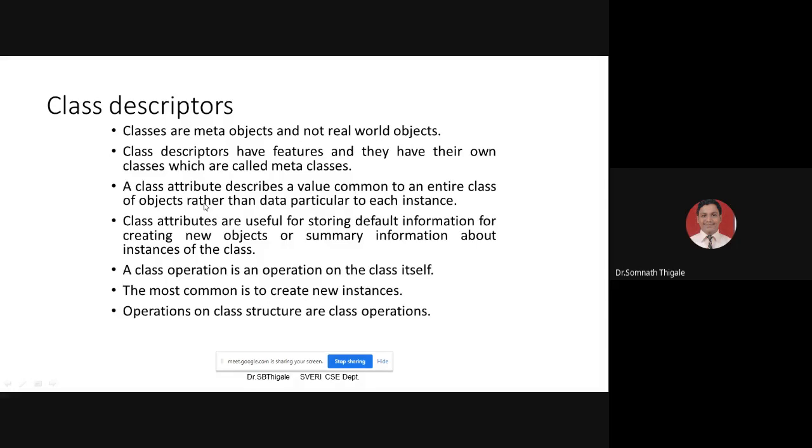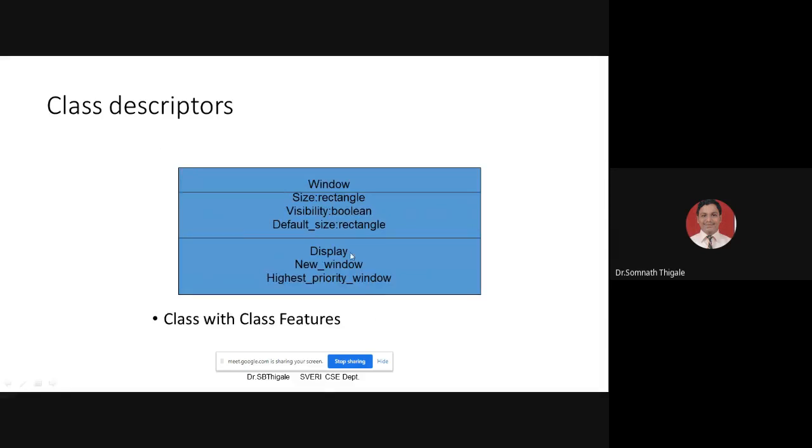A class operation is an operation on the class itself. The most common is to create new instances. Operations on the class structures are called here. So this is the class descriptor. Simply remember this diagram.